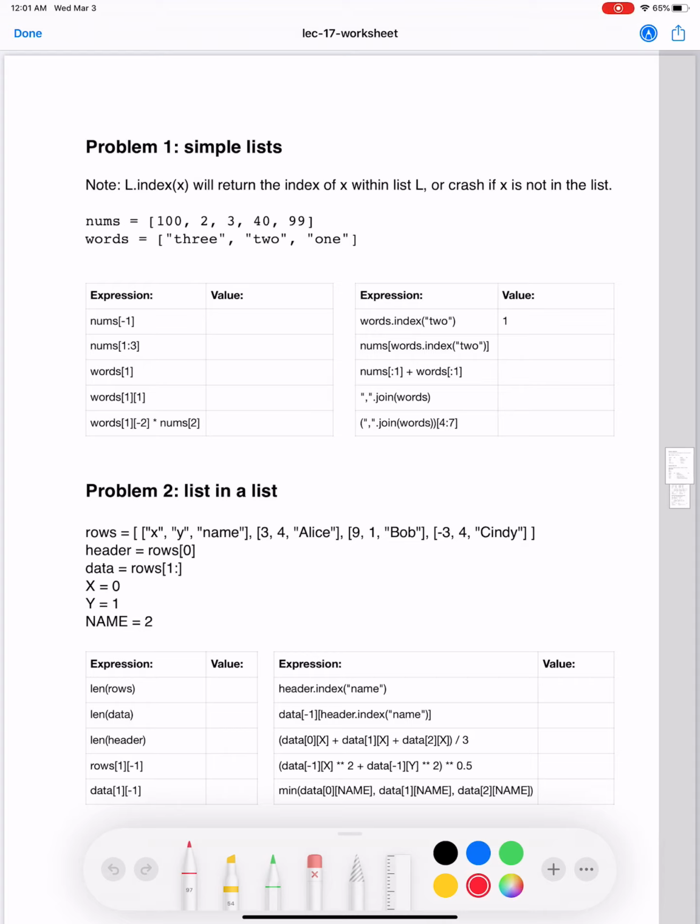Hello everyone. In the last two lectures, we have been focusing on the topic of sequences. The first type of sequence that we covered was the string sequence. Recall that string is nothing but a sequence of characters. Then we moved on to learning about list sequence. Lists enable us to store various data types.